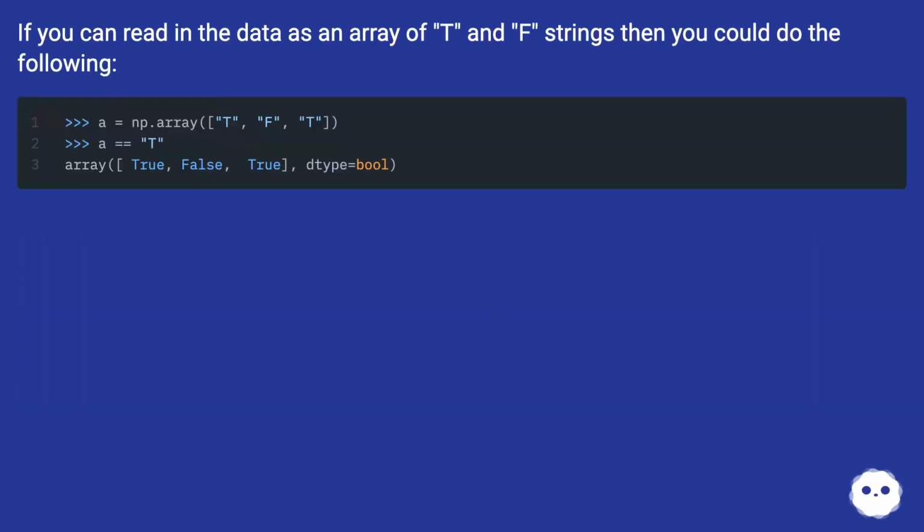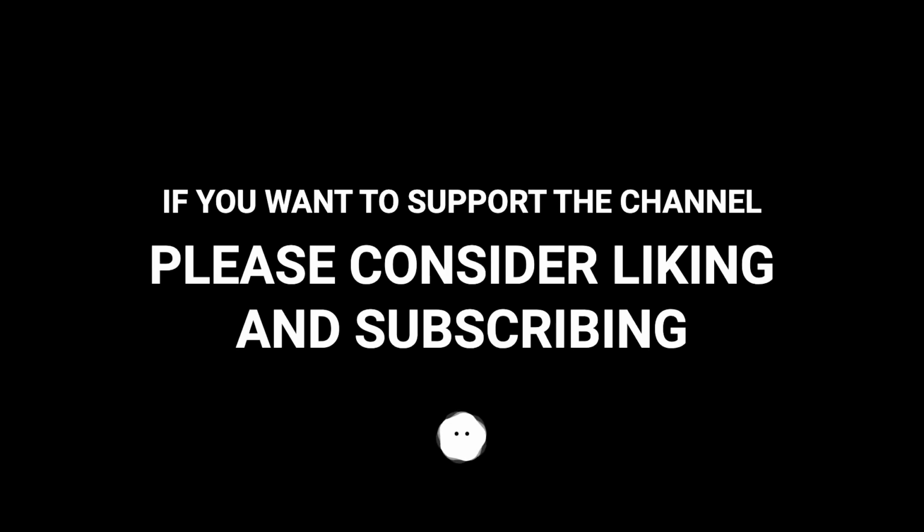If you can read in the data as an array of t and f strings, then you could do the following. If you wanted to boil it down, then you could say like in Asarray,